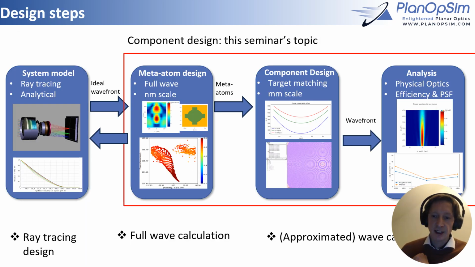When we look at the design steps for designing a metasurface, there are basically 3 to 4 main steps. The first one is to analyze and design the metasurface in a system. This is typically done with several components in a macro scale size, so that needs a ray tracing simulation. The output of that ray tracing simulation is the wavefront, ideal wavefront or wavefront's behavior that we want the metasurface to have. And in this design, we already inform the ray tracing system design of the capabilities of the metasurface